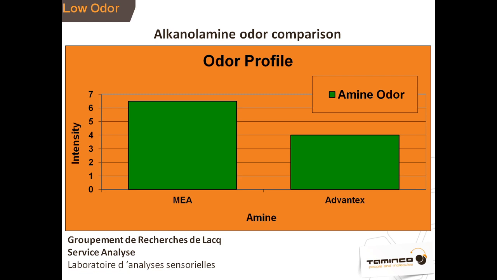A group in Lac, France, who are trained for doing subjective odor analysis, developed some quantitative values for the relative odor of different amines, and they returned values like this. So monoethanolamine exhibits more global amine odor than does Advantex, which in turn exhibits far greater amine odor than Vantex T, which is a much higher molecular weight and more associative alkanolamine. So there's really nothing too